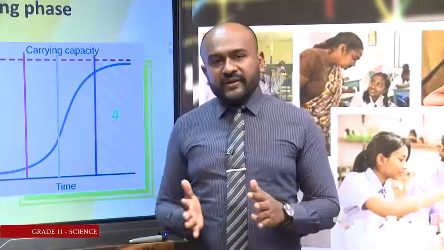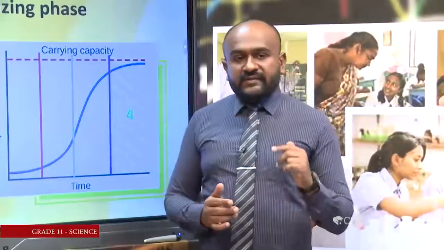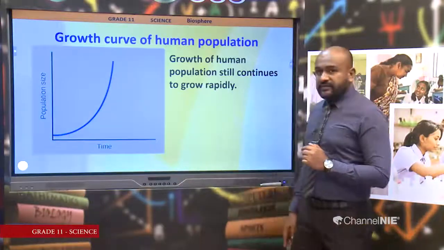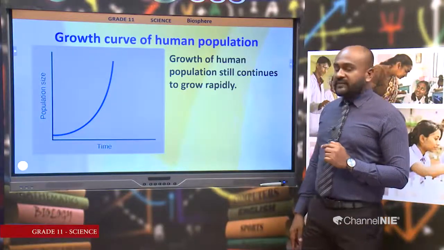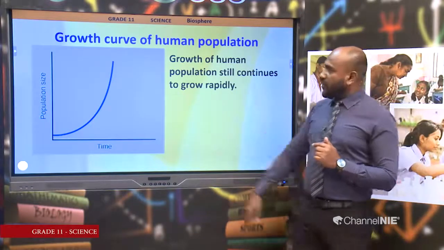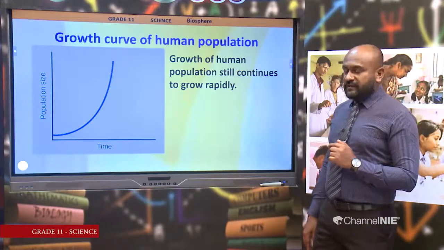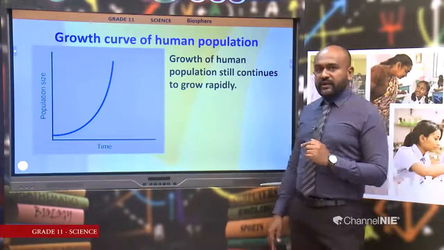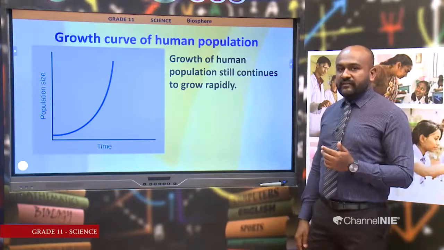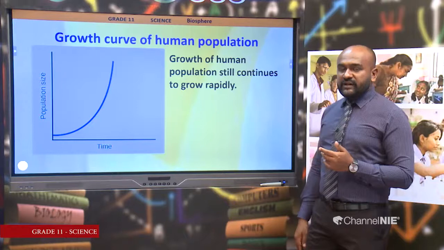Okay, so that is about the typical growth curve. Can you remember there was another learning outcome? What is that about? Let us see what it is. Yes, as you see, that is about the human population growth curve. Yeah, it is a bit different. Now, you can see that it looks similar to the earlier one at the beginning, but has it come to the carrying capacity of the environment? Do you see any equilibrium in it? Instead, it keeps on increasing.